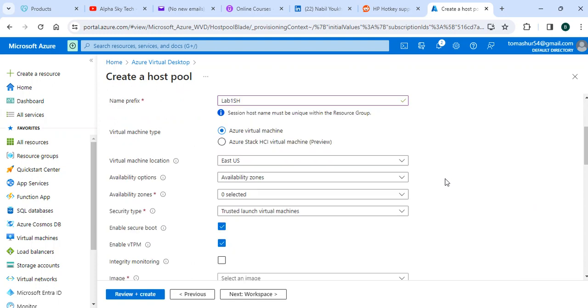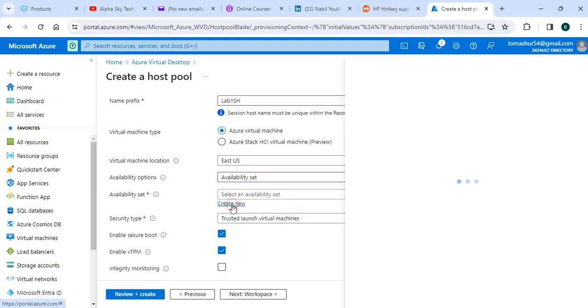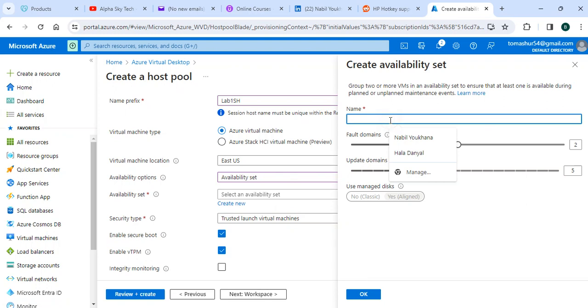For availability options, we can create availability sets in here and create a new one, and we can call it lab 1. Yes, for availability set, and then we can modify the fault domains and the update domains in here the way we prefer. And I will explain to you about